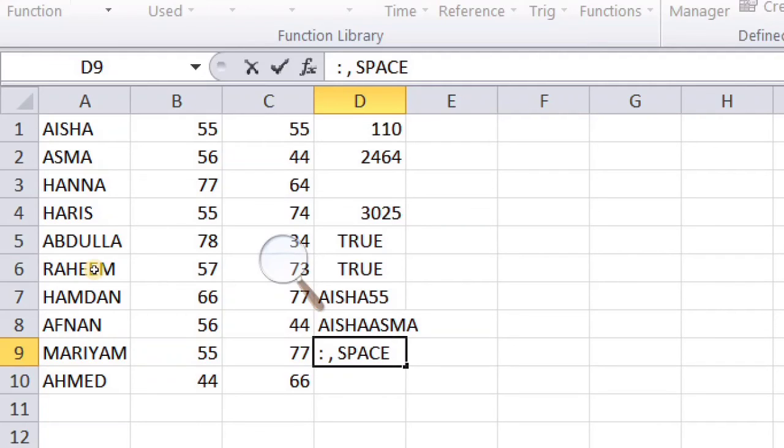Just for combining two references, the comma is used. Next comes the space. It is called the intersection operator. The intersection operator produces a reference range of cells common to the two references.